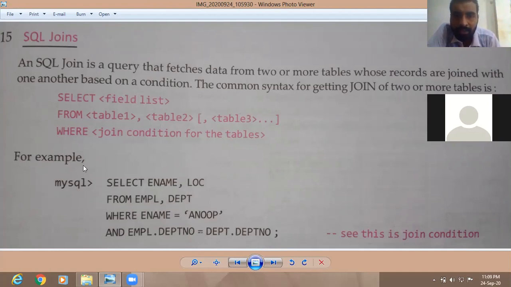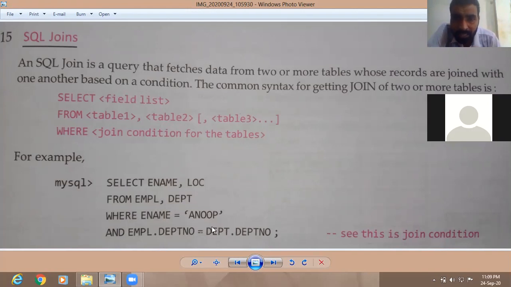Kindly see the example once again. Select E name, LOC from employee table, comma, department table, where E name is equal to Anu. And the second condition is employee table dot department number is equal to department table dot department number.